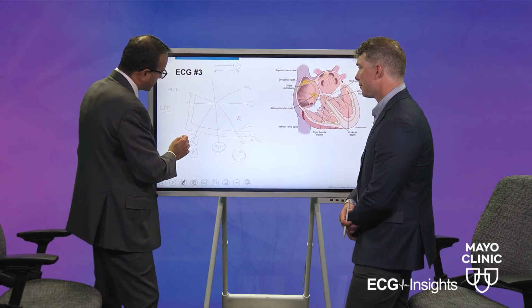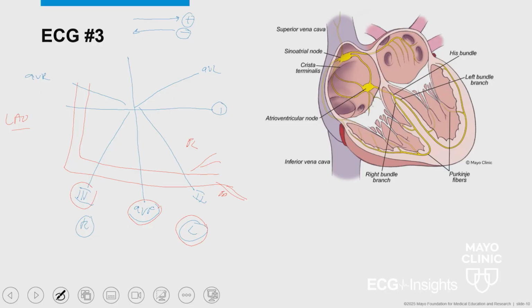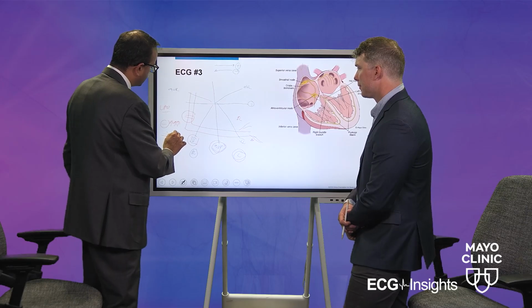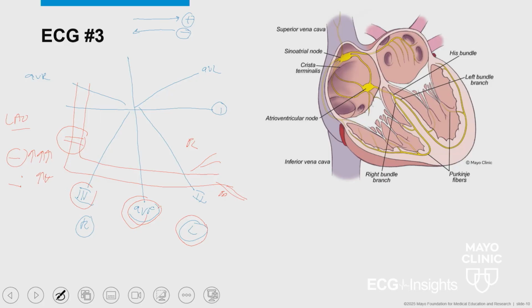So if the ST segment is maximally elevated in lead 3, you're going to have a more proximal to mid RCA involvement. If it is AVF, you're going to have more mid to distal, and if you have lead 2 maximally elevated, it's going to be between the more mid to distal and beyond parts of the right coronary artery. So even if you forget about AVF, lead 3 ST segment elevation is going to be more proximal to mid, and lead 2, if ST segment is more elevated, that's going to be more mid to distal. So that's how you would know.